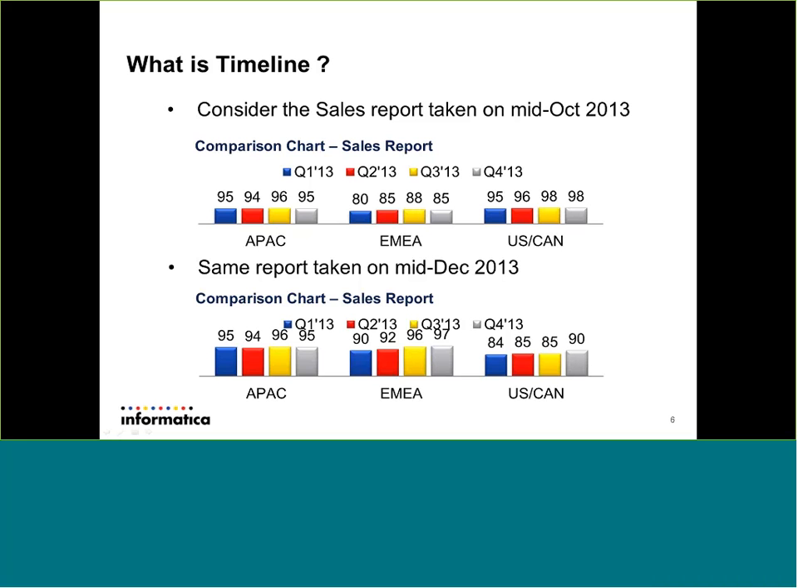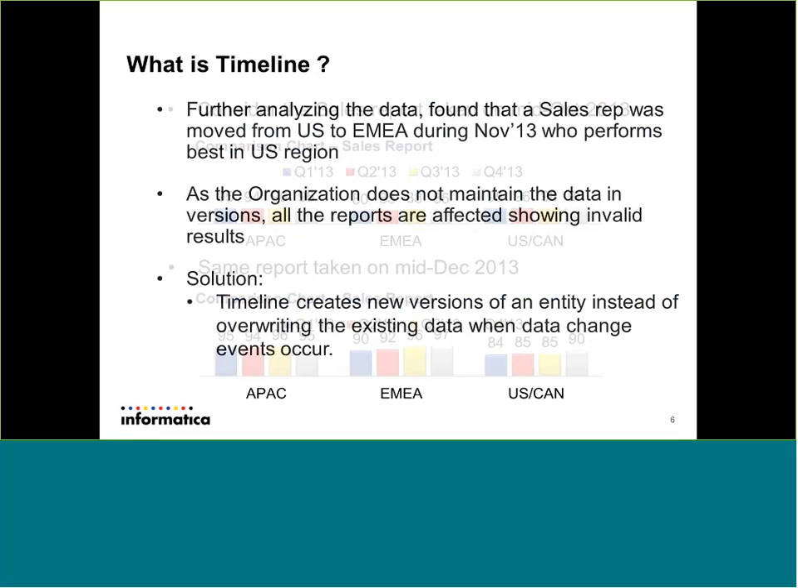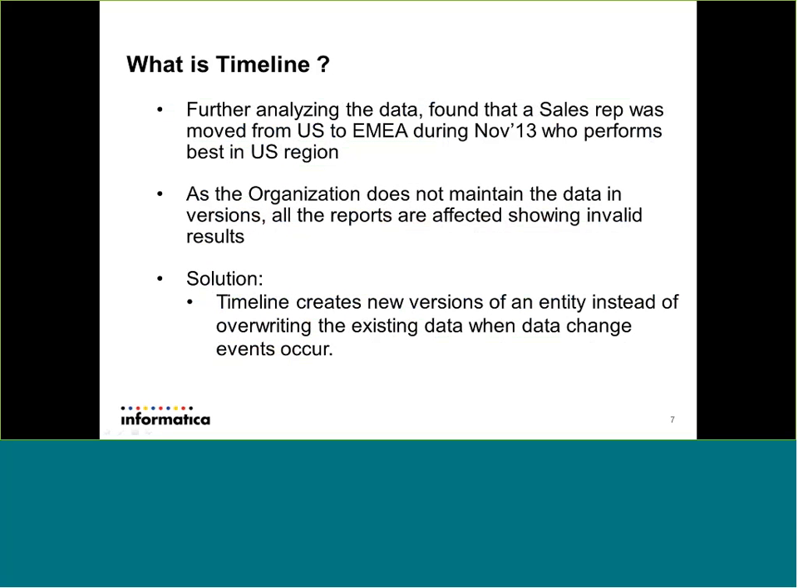Later, the same report is taken sometime in mid-December. But when we compare both the reports, you can see a drastic change when we compare the figures of EMEA and US. So, which is kind of a panic for the organization top manager, where all of a sudden why the report has gone wrong. So after further analyzing the data from where the reports are taken, they found that a sales rep was moved from US to EMEA, who is the best performer in US, has been moved to EMEA to increase the sales, which made the figures